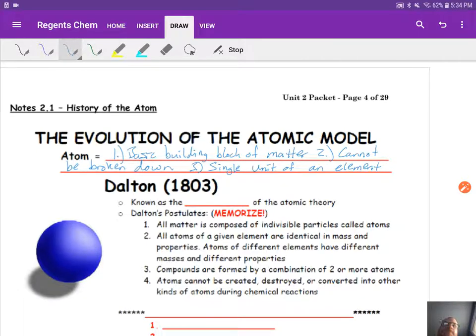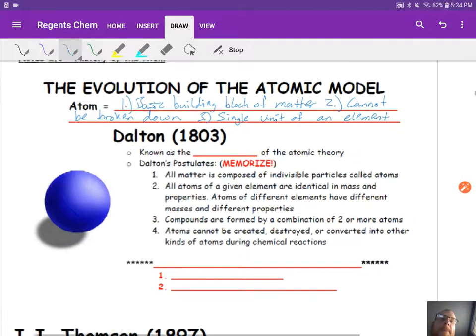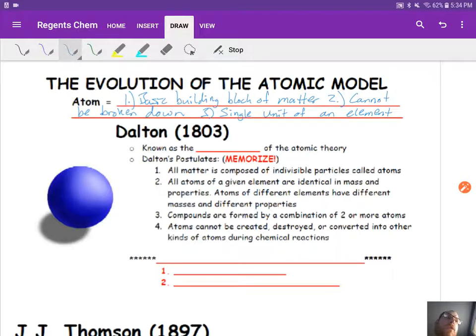All right, so we're going to talk about the main guys that had a big part in it. There are a lot more than just these 4 or 5, so just keep that in mind. But we're going to start it off with Dalton in the early 1800s. He's known as the founder